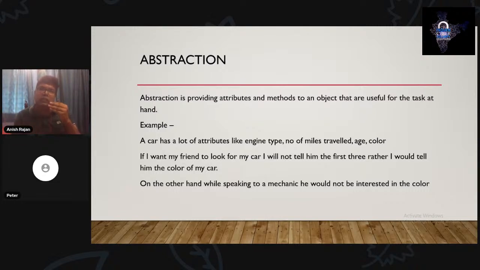According to the task at hand, we have to provide the attributes and methods so that we are able to understand properly what we are doing.